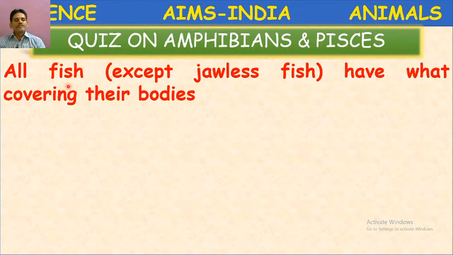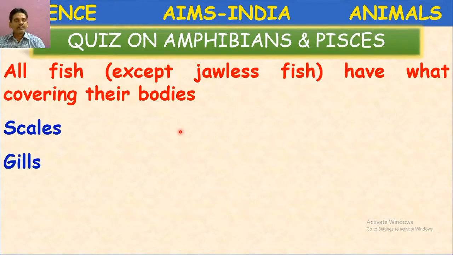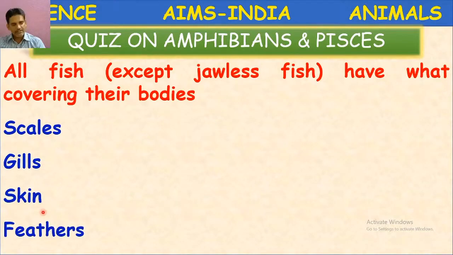All fish except jawless fish have what covering their bodies? All fish except jawless fish cover their body with scales, gills, skin, feathers. Very good. Scales. So fishes body is covered by means of scales. There are different types of scales present, placoid scales, ctenoid scales, like that. So the scales. Next,